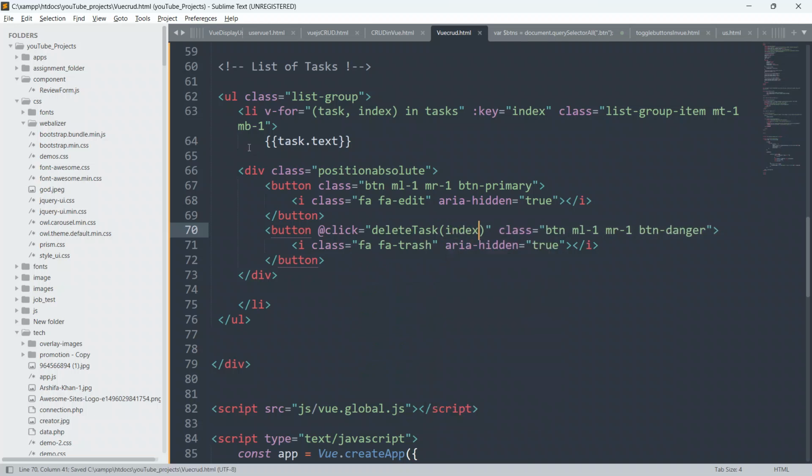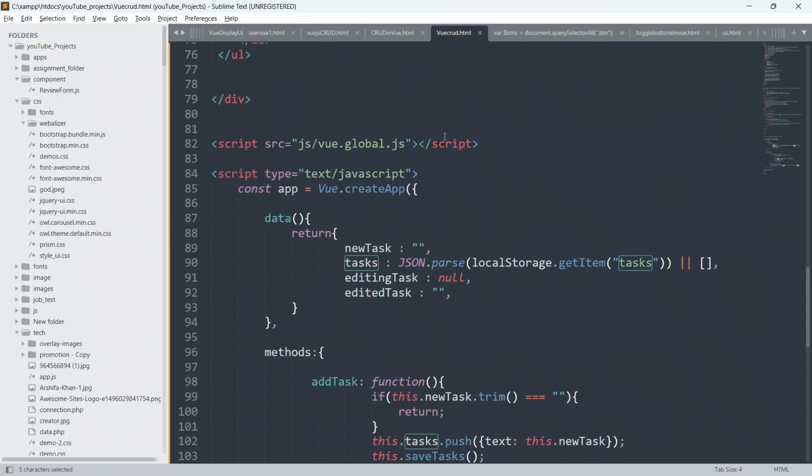Okay, this index. So as you all know, an array is index based, so we will have 0, 1, 2, 3 and so on, based on the elements inside this tasks array.